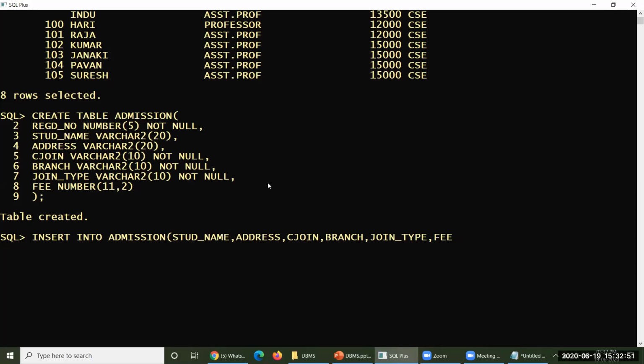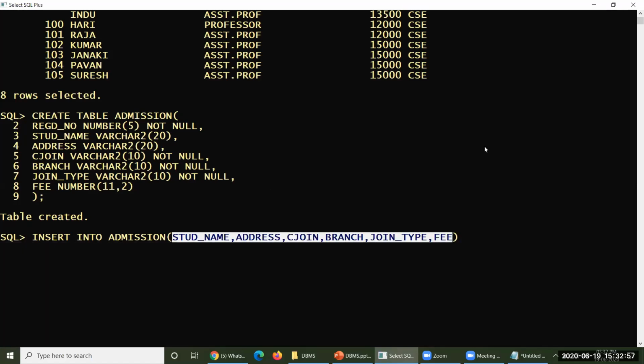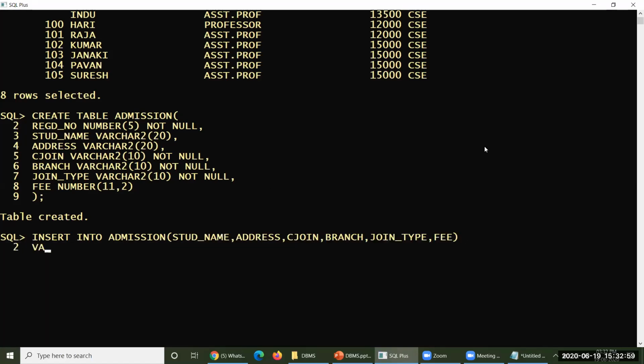Fee also taken. I have missed one thing, that is registration number. Look at this, in this particular list there is no registration number. Okay, followed by the values. First value for student name is Hari, and address is Macharla,